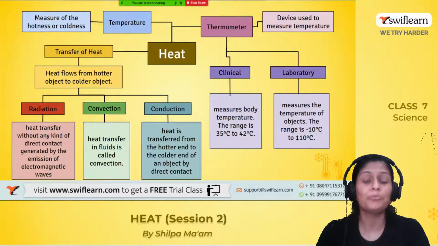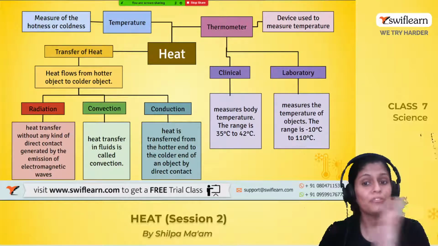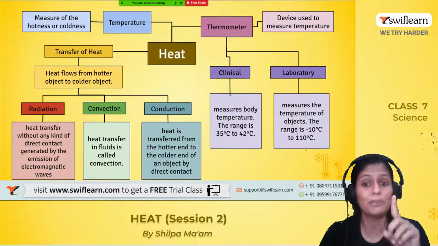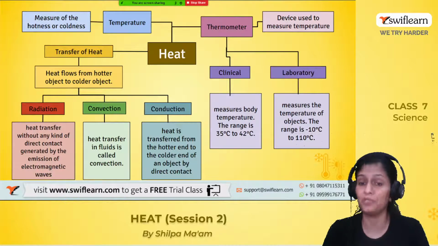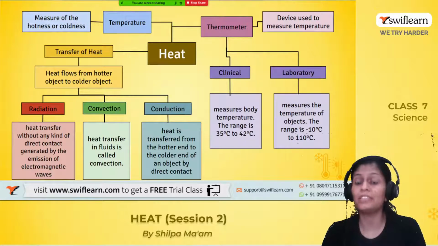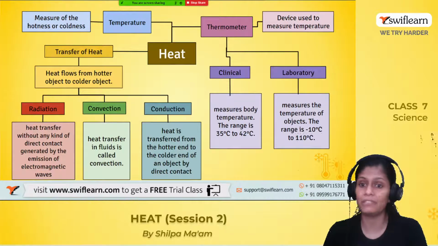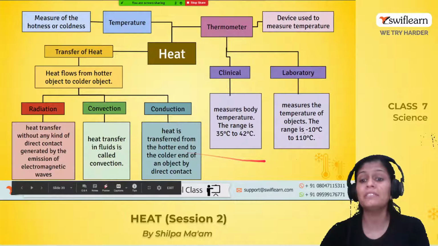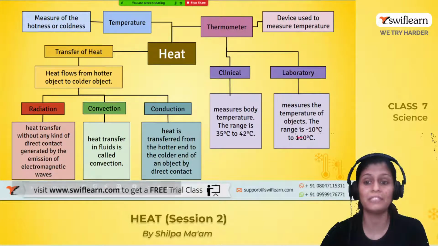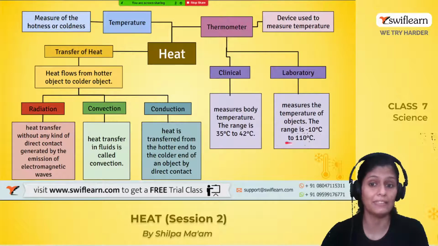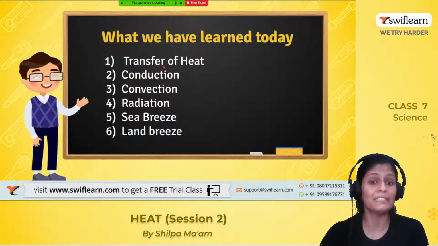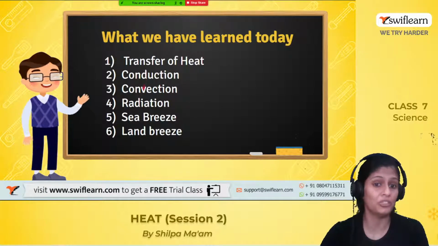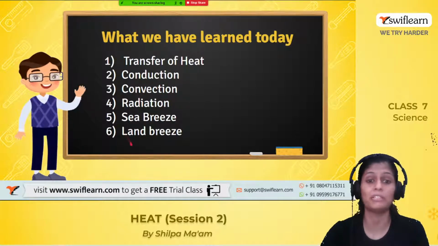Clinical is used to measure body temperature between 35 to 42 degrees Celsius, with a special mark at 37 degrees Celsius, which tells you that the normal human body temperature is 37 degrees Celsius. A laboratory thermometer shows the range from minus 10 degrees Celsius to 110 degrees Celsius. With this, we end our session. We have discussed transference of heat, conduction, convection, and radiation, and what is the difference between